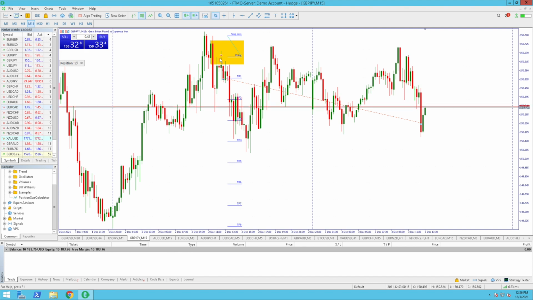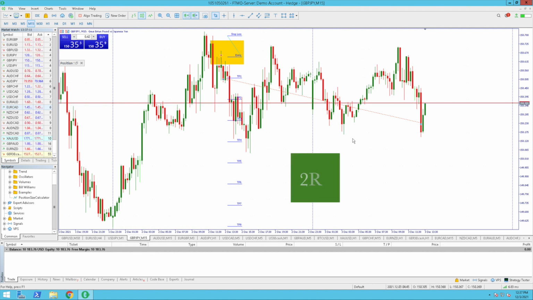I'm glad to be out of that trade now, because it was just going on and on and on. And we've got NFP coming. It's Friday, so I don't really want to be in this trade over the weekend. So I'm happy to close it with, what would that be, a 2R. So we made 2R on that one,